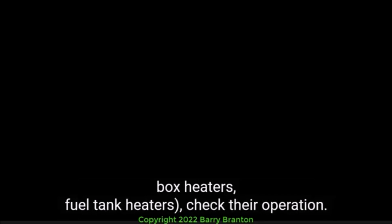This can be checked with a special coolant tester. Defrosting and heating equipment. Make sure the defrosters work. They are needed for safe driving. Make sure the heater is working and that you know how to operate it. If you use other heaters and expect to need them, e.g., mirror heaters, battery box heaters, fuel tank heaters, check